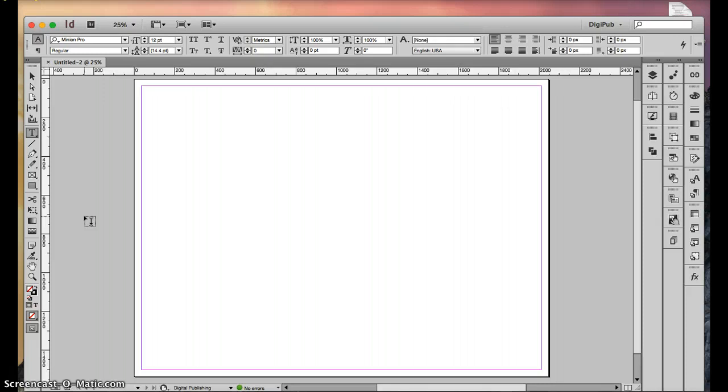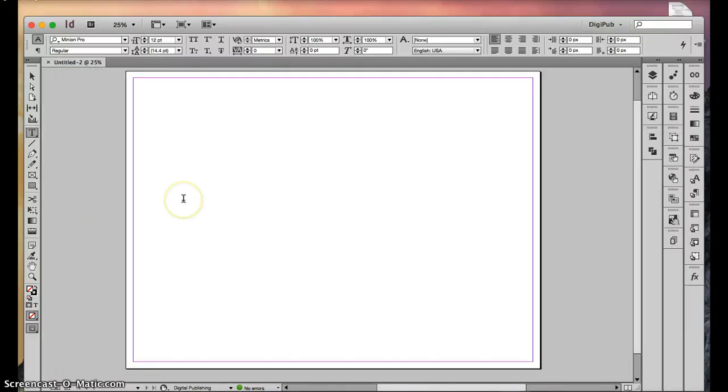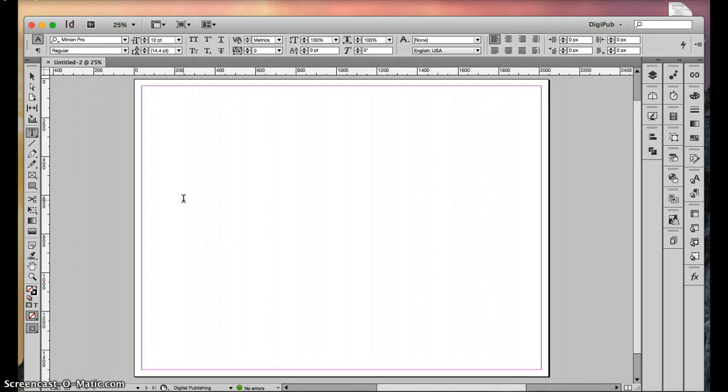Press Control R or Command R, do a Command R to show the rulers if they are not already visible. So mine were visible, and you just have to make sure that you show those rulers. Note the document dimensions. Pixels are the default unit of measure for documents created using web or digital publishing intent. So let's go to